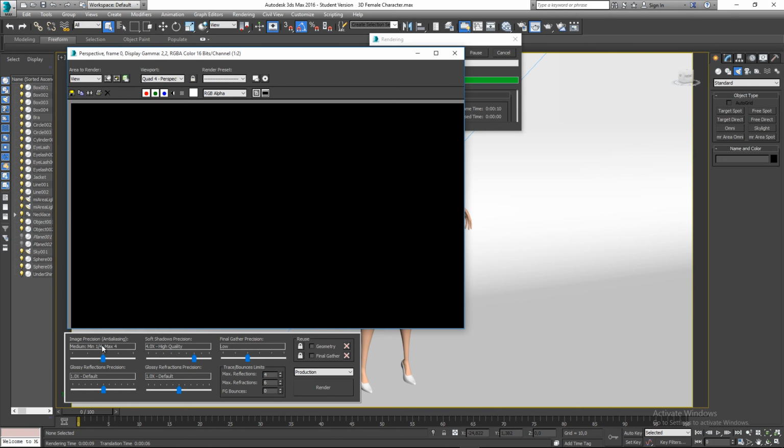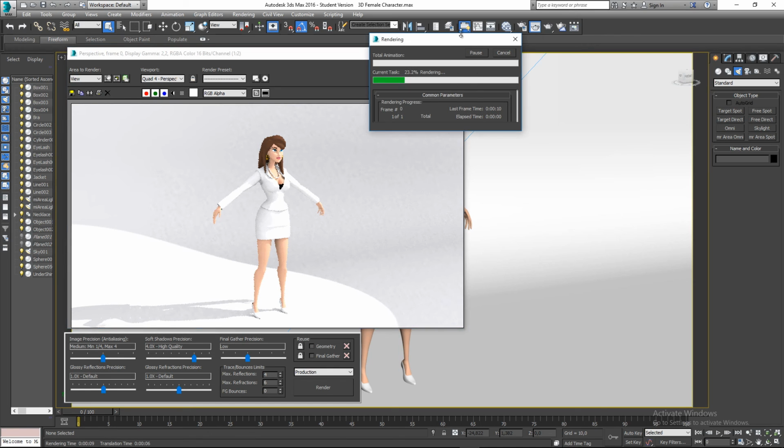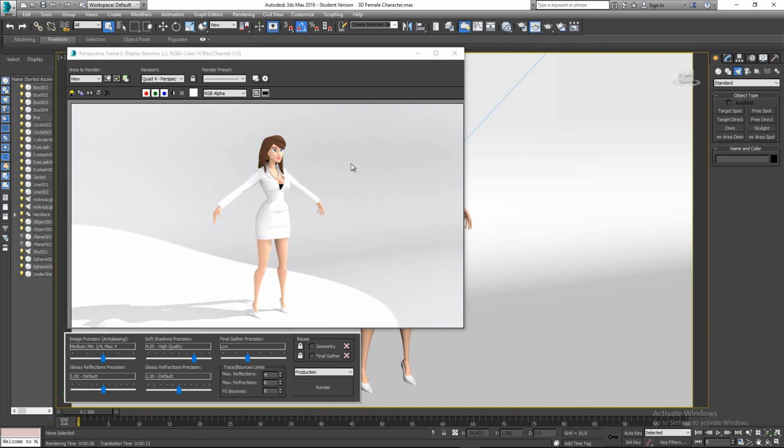So mess around with these settings. Okay, so you can see the shadows are looking a little bit better now. They're more feathered with this final gather. Yeah, and that's basically it. So I'm just going to quickly wait for this to finish rendering out. What you'll notice is if you change all of this stuff to max, your rendering time will take a lot longer. Okay, it's almost done. Then I'm just going to show you how to save out